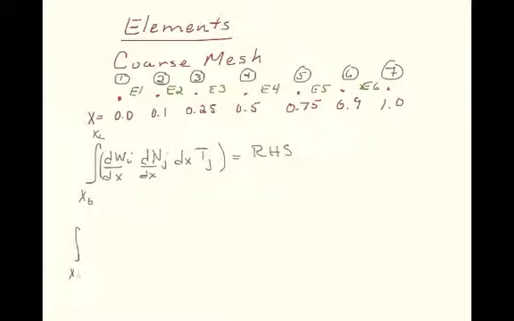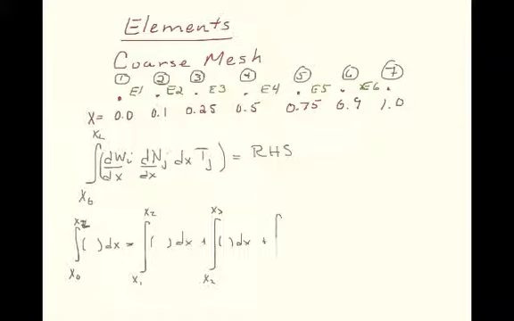So let's do x1 to xL of our integral term. Put the dx in. So x0 is the same as x1 now that we've numbered the actual individual points. And we can say we're going to do that to x2. There's our element. Plus, let's look at x2 to x3